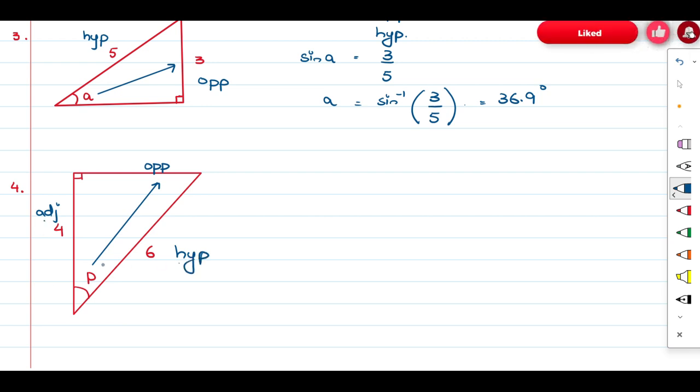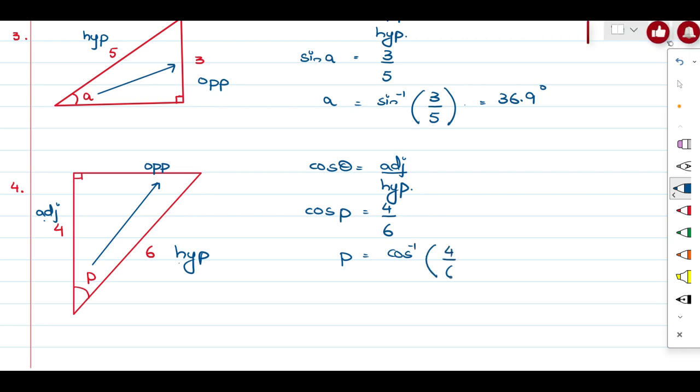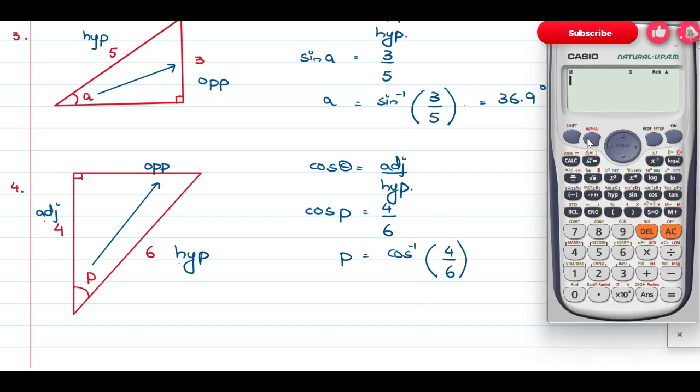Right. Adjacent and hypotenuse. Cos. Cos of theta is adjacent divided by hypotenuse. So here cos theta value is P. Adjacent side is 4. Hypotenuse is 6. Adjacent and hypotenuse. So P should be equal to cos inverse of 4 over 6. You can write down 4 over 6, or you can simplify it to 2 by 3, or 4 by 6 is also okay. All right, shift cos, you will get cos inverse 4 divided by 6, that is